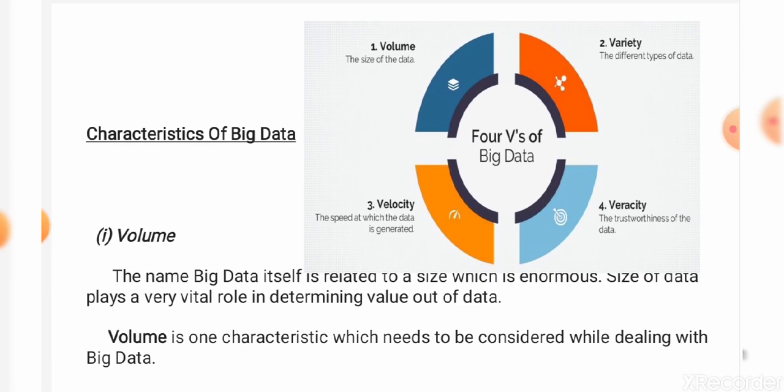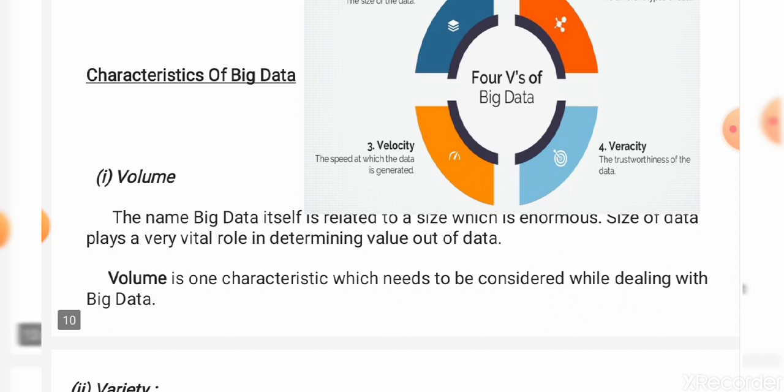Now we can discuss the characteristics of big data. There are certain characteristics that form big data. Here we see four characteristics of big data: volume, variety, velocity, and veracity. First, we'll see volume. From the definition of big data, we know that a huge amount of data, or huge volume of data, is considered big data. The first characteristic of big data is volume.